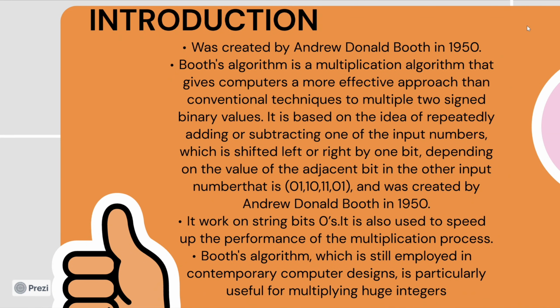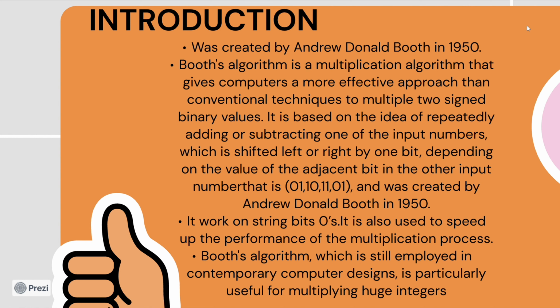Booth's algorithm was created by Andrew Donald Booth in 1950. Booth's algorithm is a multiplication algorithm that gives computers a more effective approach than conventional techniques to multiply two signed binary values. It is based on the idea of repeatedly adding or subtracting one of the input numbers, which is shifted left or right by one bit, depending on the value of the adjacent bit in the other input